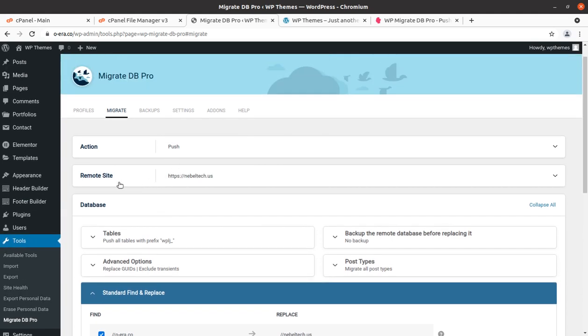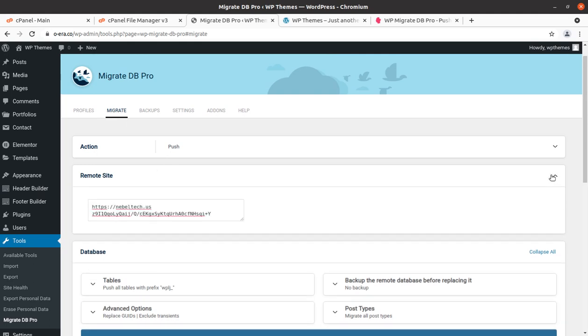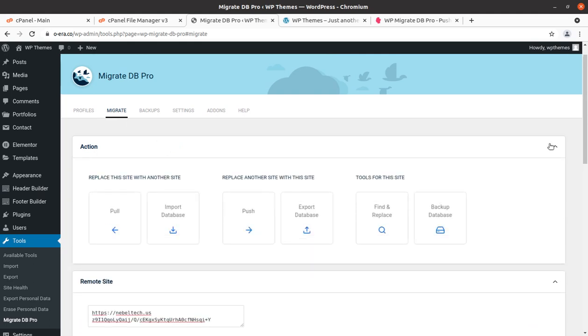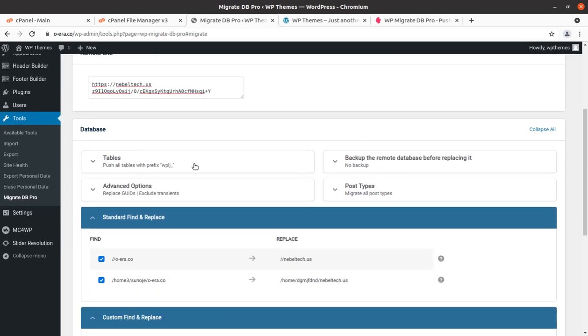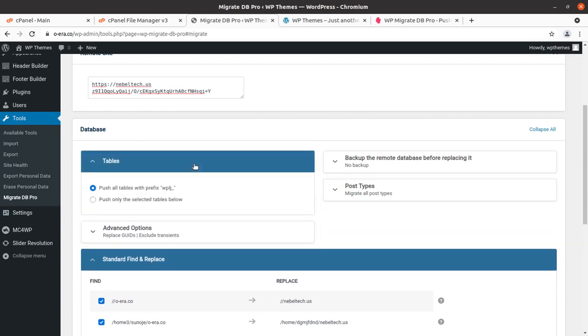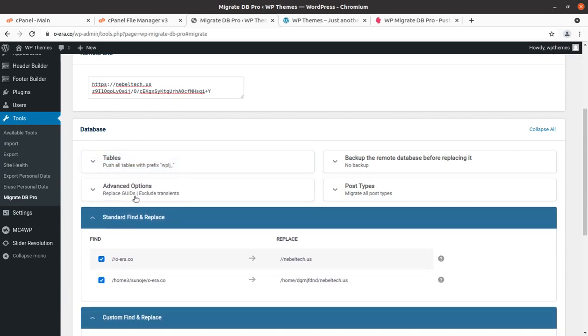Action push, remote site is this one, and this is being the remote site, and action is push. So everything is fine. Table with prefix and replace guides. Let us see what happens.